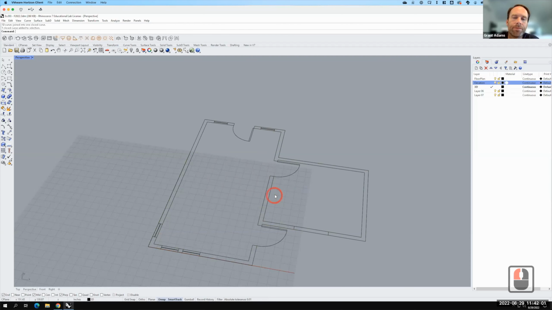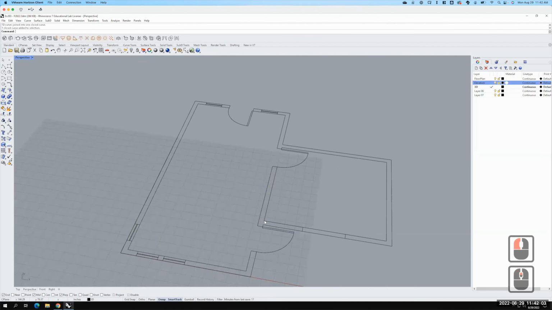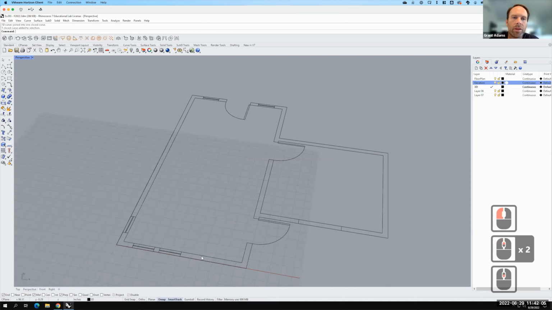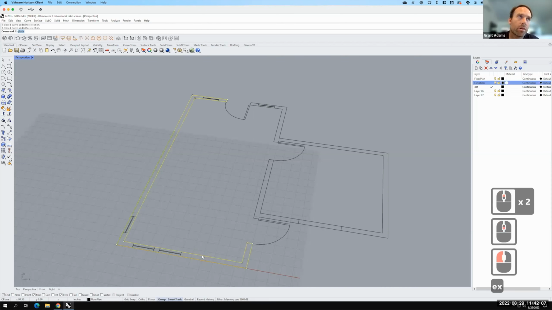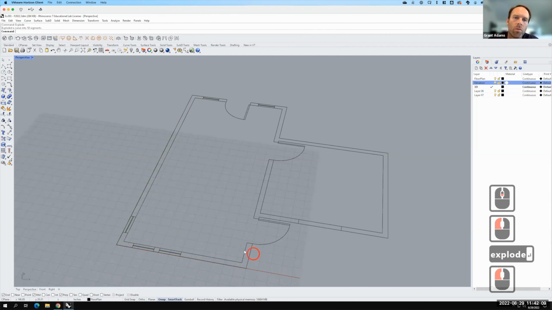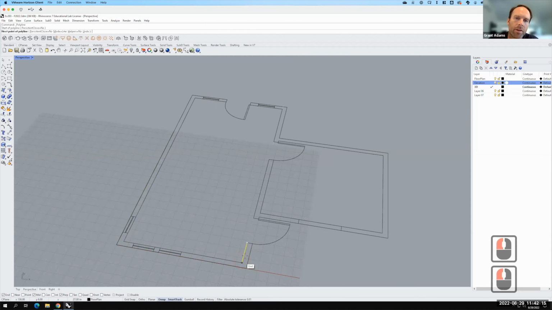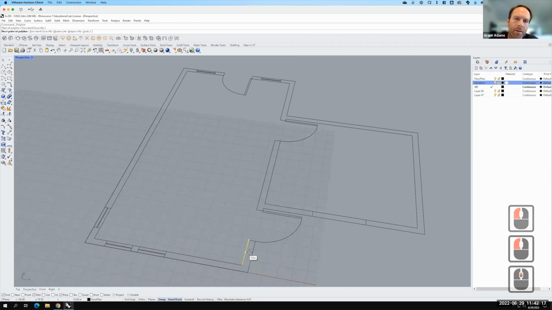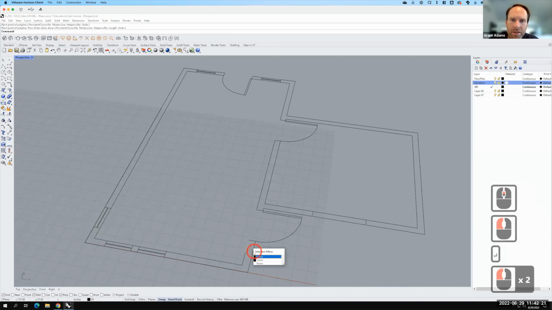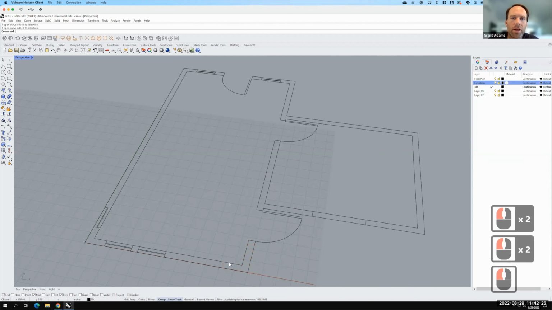Every once in a while, people will have an issue. I'll do it with this curve here. Let me go ahead and explode. Where they might have overlapping lines. So let me put an overlapping line in here like that. So now there's actually two lines in here. There's this line and there's this line. So when we went to join the objects together,